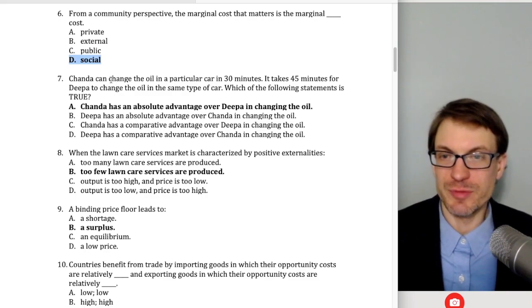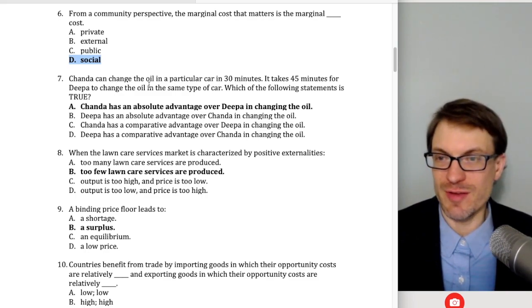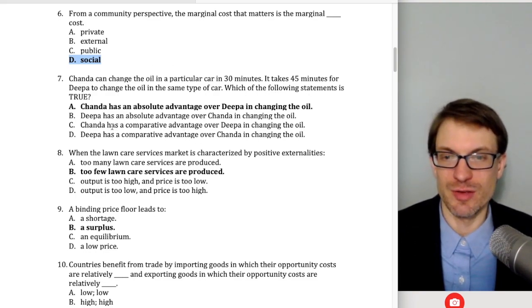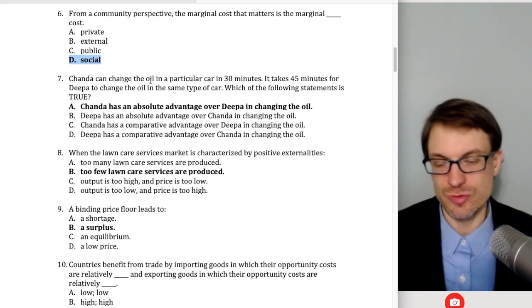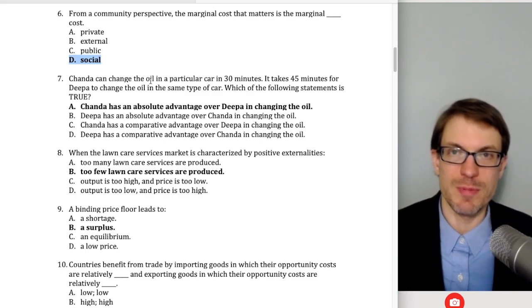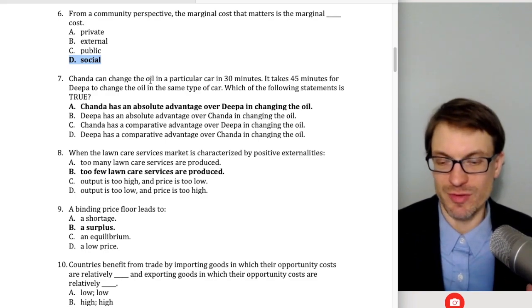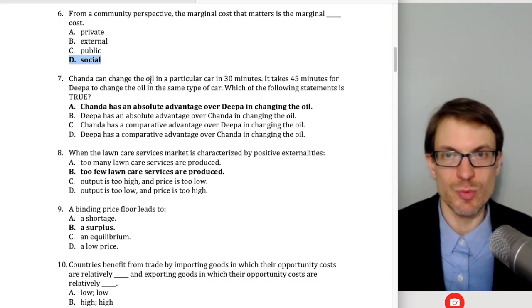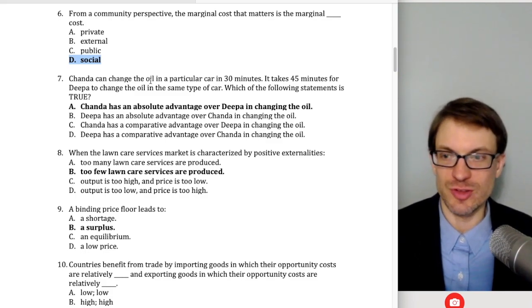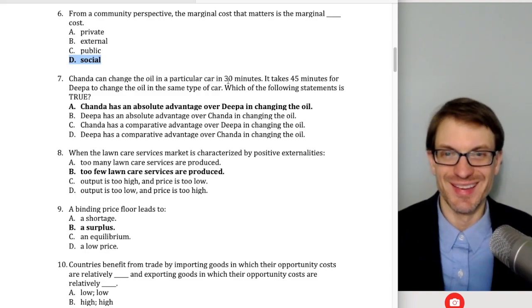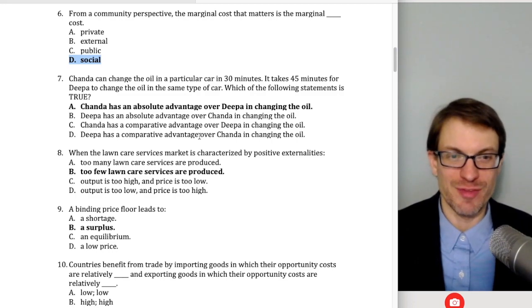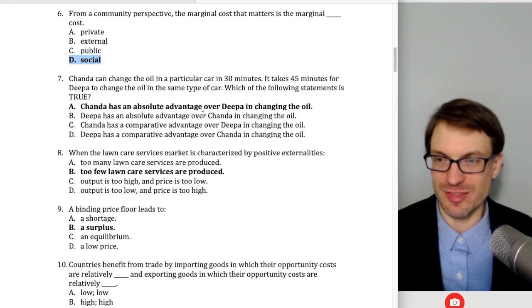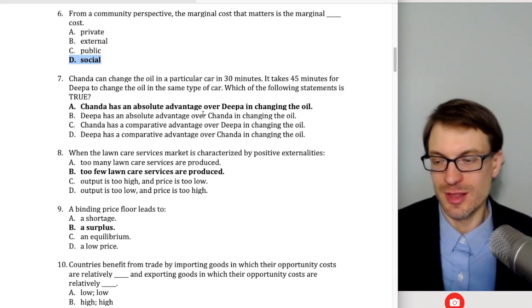All right, so one person can change the oil in 30 minutes, and it takes the other 45 minutes to change the oil in the same type of car. Which of the following is true? We can't say anything about comparative advantage, because in order to have comparative advantage, you have to have two people and then two products. Comparative advantage means whoever has it has the lowest opportunity cost of producing whatever it is. Whoever has the absolute advantage is going to be the most efficient producer. Well, here we have two individuals and one task, so we can't say anything about comparative advantage, because we'd have to have another task that the other individual is presumably